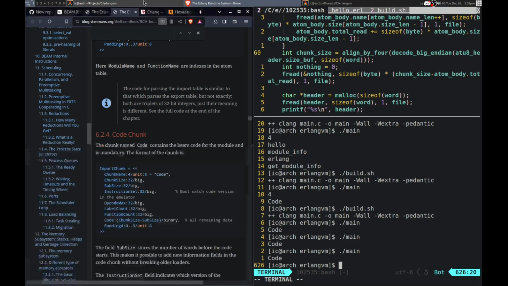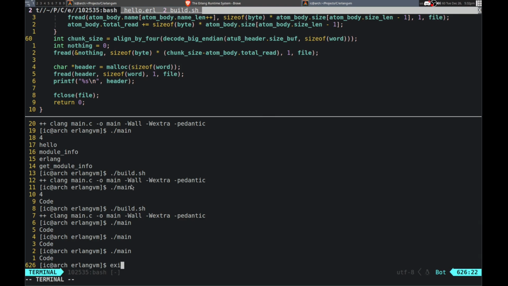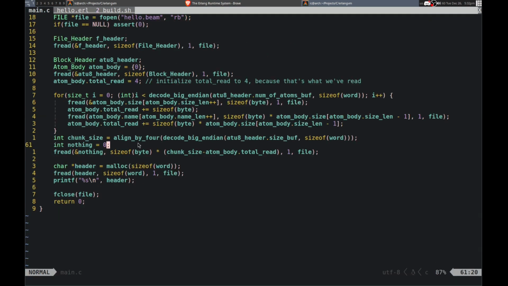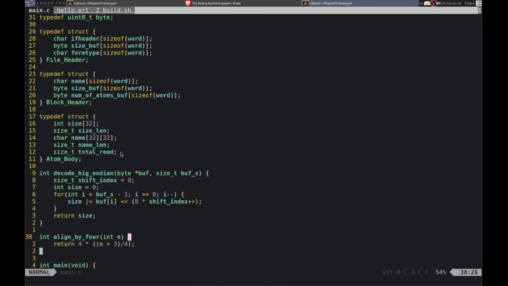All right. Yeah, so we can read that, and then the next part is the size as well. So yeah, I think we can read this all the same. But we don't have the sub size, so that is different. And then the instruction set. Must match code version in the emulator. Okay. So let me read that. So yeah, it's not exactly the same as this.